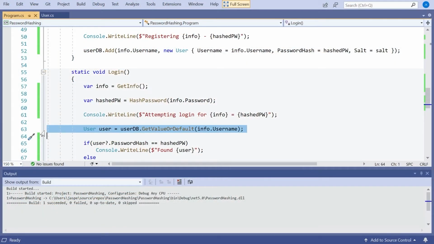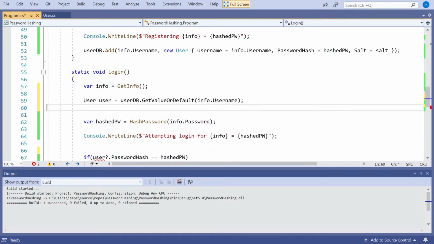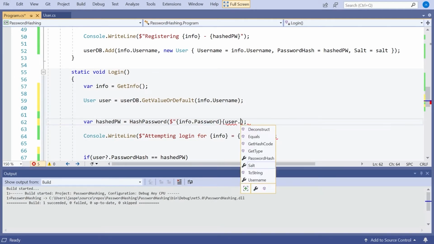Then the next thing we've got to do in order to then log in is we've got to make sure that, again, on the login, we don't hash the password, we hash the salted password. So that means I'm going to actually have to firstly get my user, and then remember that user object does have the salt stored in it. And the salt doesn't need to be secret, the salt just needs to be there. So now we're again going to merge them together in exactly the same way. In this case, not the generated salt, but the stored salt.